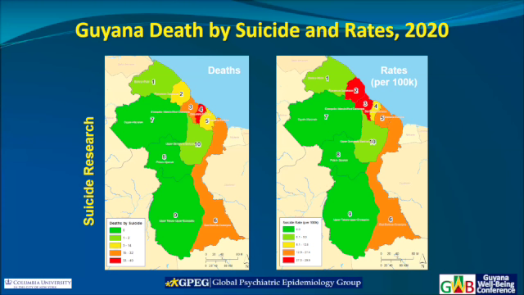You see it is in yellow. Yet regions 2 and 3 immediately light up as red as the highest. Region 5 is now the third highest, and region 6 remains the second highest. So region 6 not only has a large number of cases, but it also has a high rate, which those of you that know the situation of suicide in Guyana know that it borders Suriname, and in fact, the opposite side of that river in Suriname also has the highest rates of suicide in Suriname.